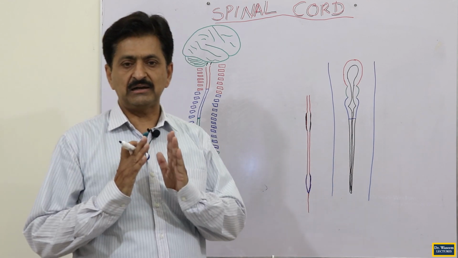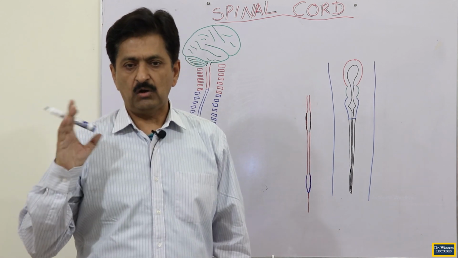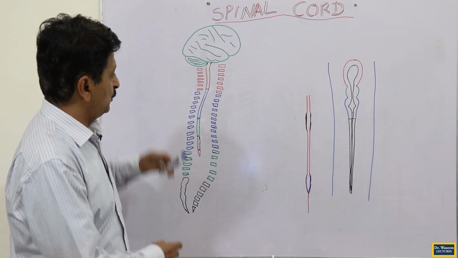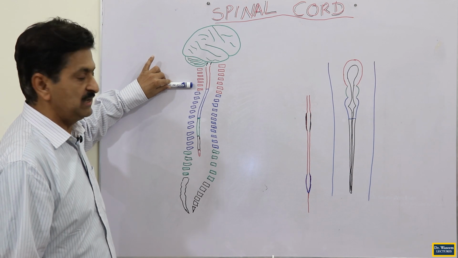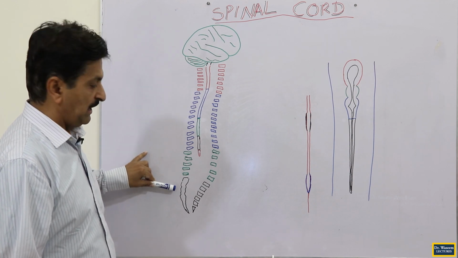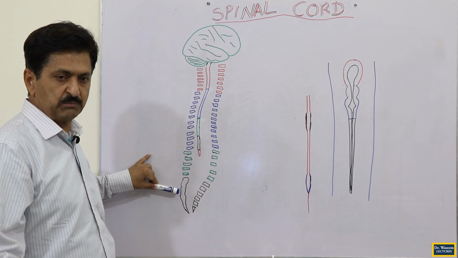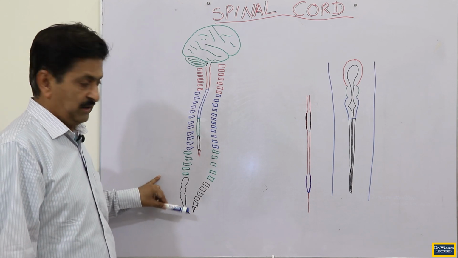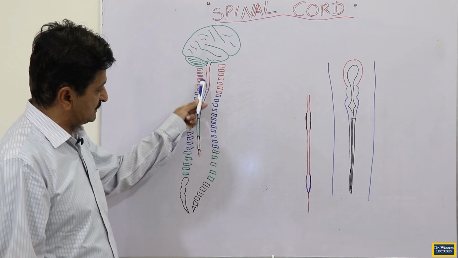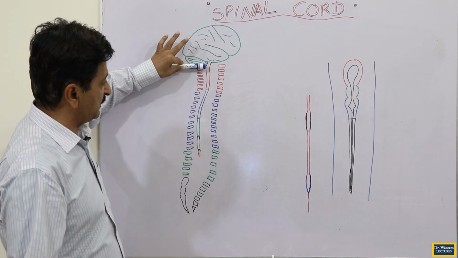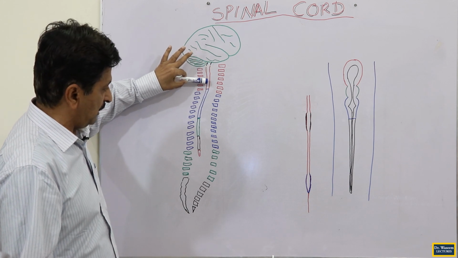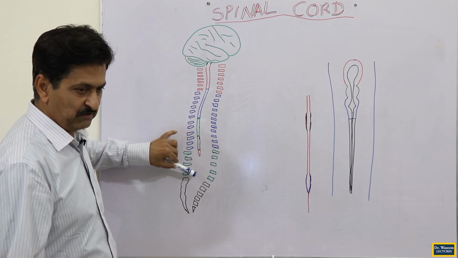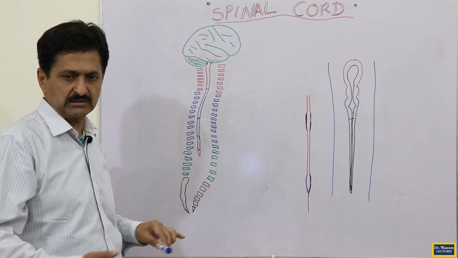The vertebral canal is a canal within the vertebral column, and the vertebral column has 7 cervical vertebrae; if you look at this picture, you see in red color, 7 cervical vertebrae. We have 12 thoracic, 5 lumbar and 5 sacral vertebrae. The 5 sacral vertebrae are fused together to form a single piece, called the sacrum, and then 1 coccyx you can consider. This is a tube in which the spinal cord lies, starting from the upper part of C1 and going along the length of the vertebral canal. Where the vertebrae are, it is the vertebral canal; where the sacrum is, we call it the sacral canal. They are continuous with each other, they are synonyms.